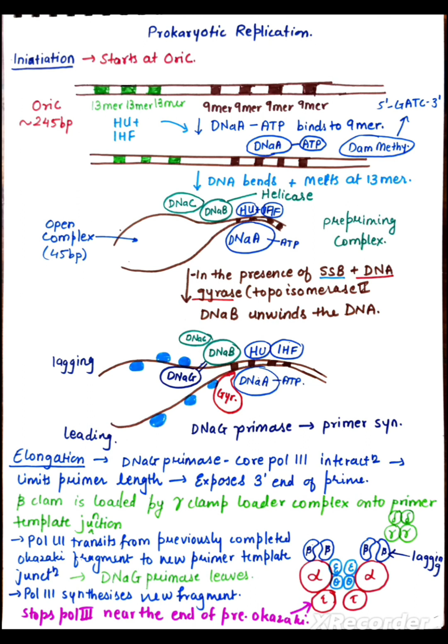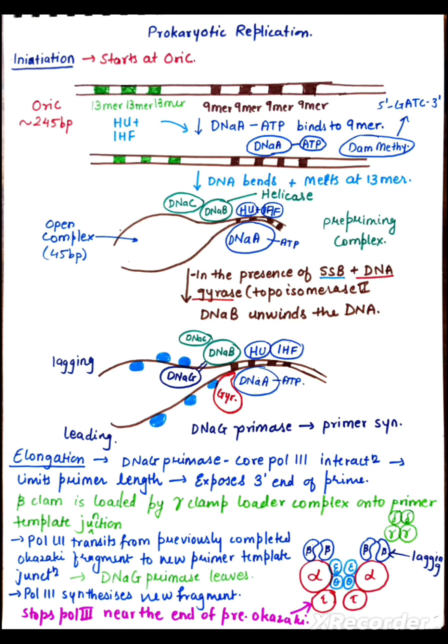The 9-mer repeats you can see in brown color, and the green ones are 13-mer repeats, that's AT rich. And this 13-mer repeat is nothing else but a 13 base pair sequence repeating about 3 times. Now the first thing that occurs in the replication process, the initiation of replication, begins with DnaA